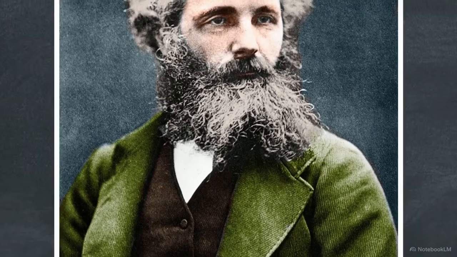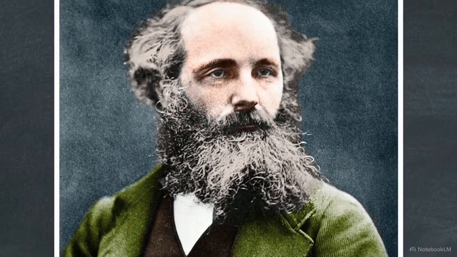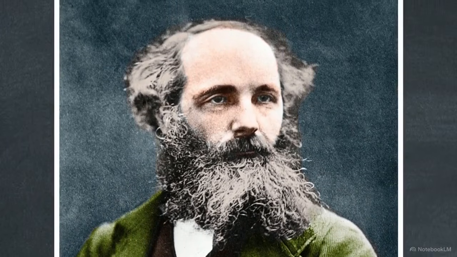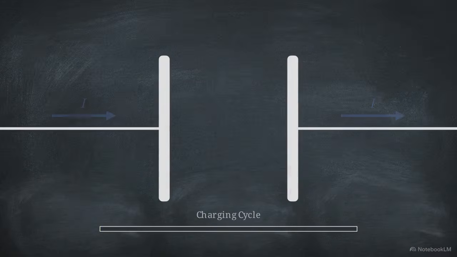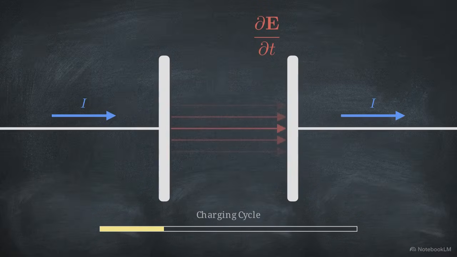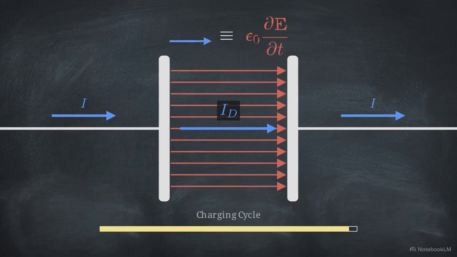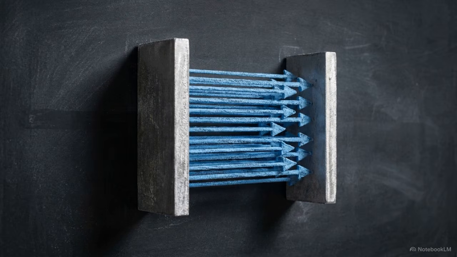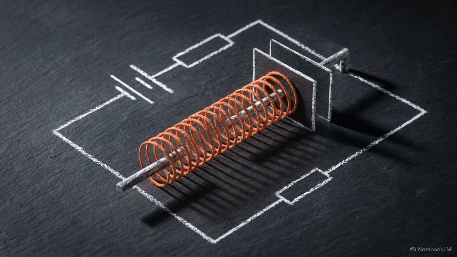In the 1860s, James Clerk Maxwell sought to unify the experimental observations of Faraday and Ampere into a single, cohesive mathematical framework. He identified the missing term in Ampere's equation and added a crucial variable, the displacement current density. Displacement current is the mathematical rate of change of the electric field over time. In the absence of moving electrons, this varying field fulfills the role of a physical current. As the capacitor charges, the electric flux between the plates increases.